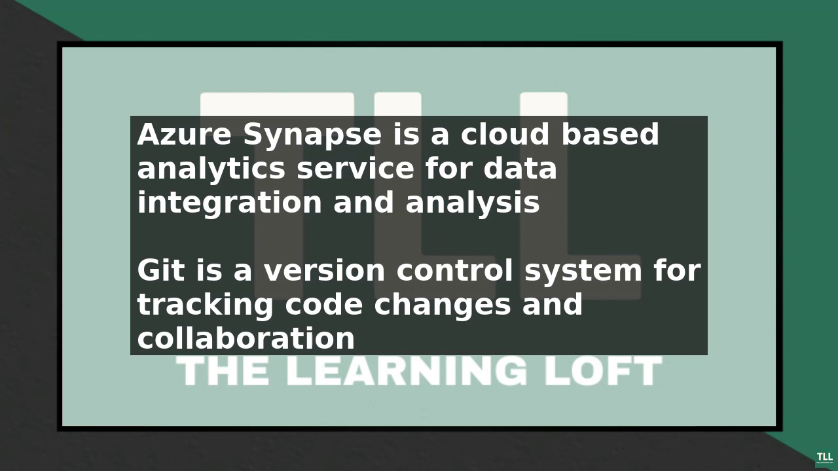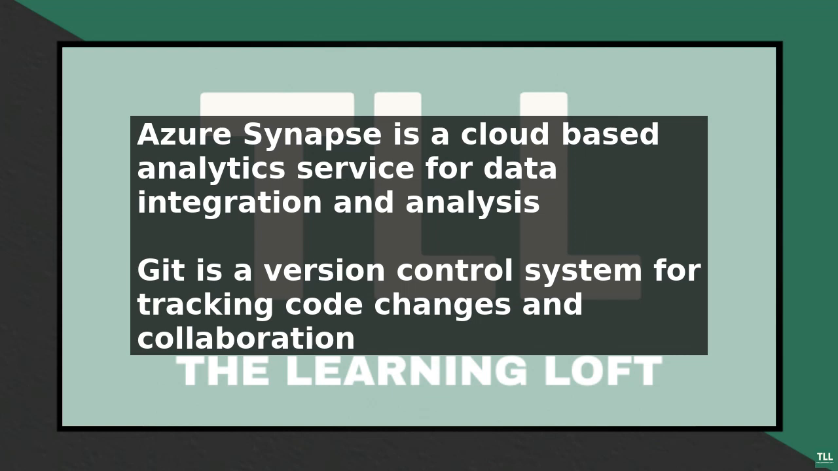Azure Synapse is a cloud-based analytics service that allows you to integrate and analyze data from various sources. Git is a version control system that helps you track changes to your code and collaborate with others. Integrating Azure Synapse with Git enables you to manage and track changes to your Synapse workspace, including SQL scripts, data